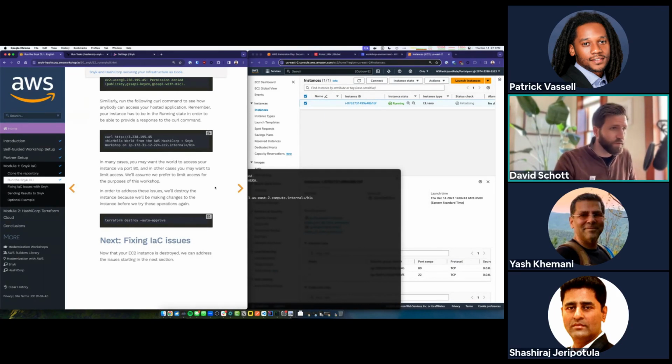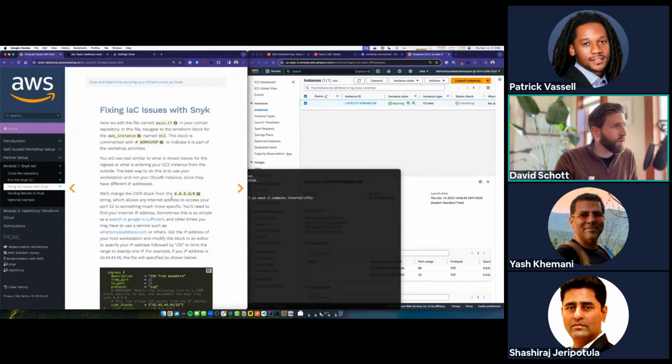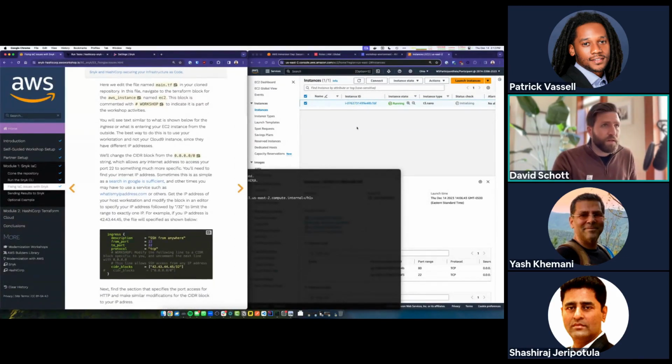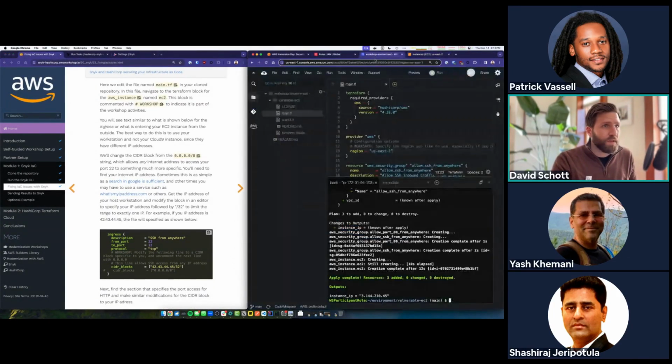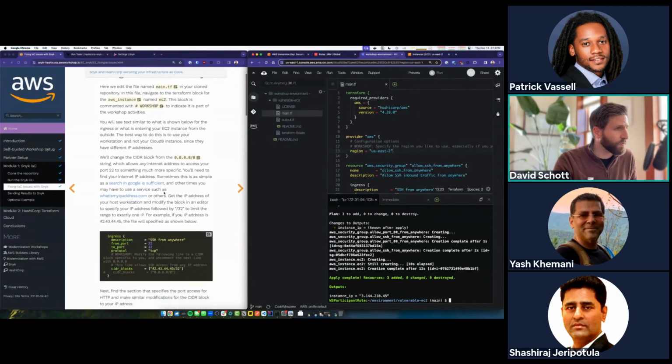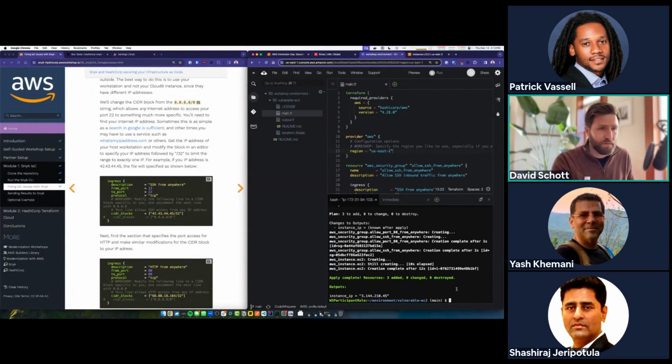We scanned with Snyk. We've got our infrastructure deployed. Next, we're going to fix those issues. You can skip the step on destroying your infrastructure. Go ahead and just leave it out there right now. But let's go ahead and fix those issues using Snyk. So let's go back to our Cloud9 environment where we have our Terraform code. And let's, what do we want to do next? Let's go ahead and run another scan with Snyk just to have that as a frame of reference.